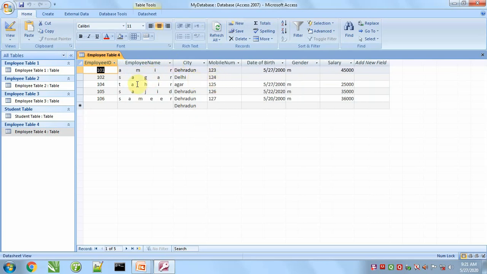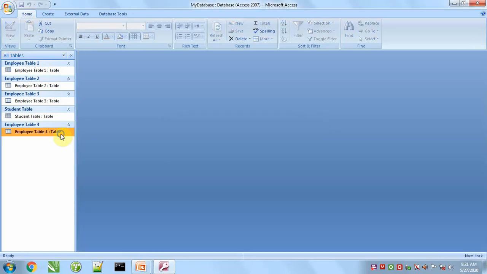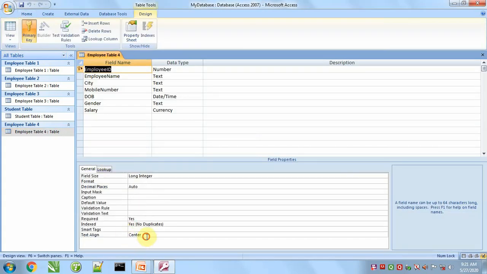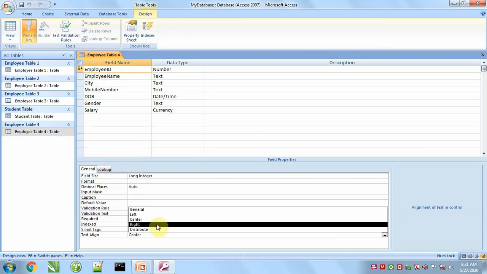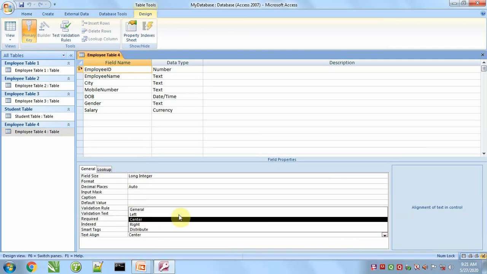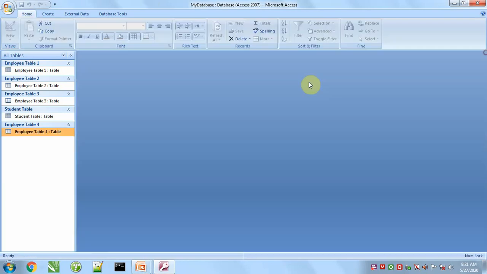And left, right we can align from there. So these are align properties: left, center, right, distribute. And general is automatically set.